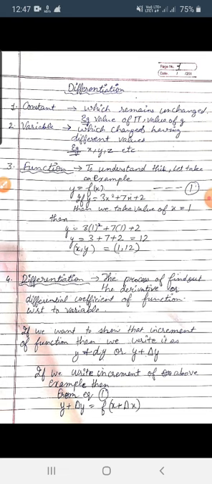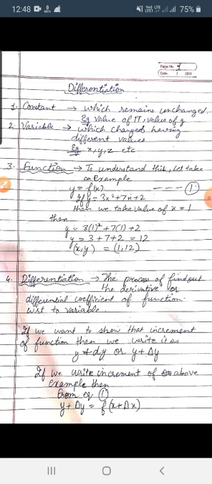Okay. Now the function. To understand this, let's take an example. To understand the functions, let's take the example y is equal to f(x), where f represents the function. Y is a function of x. Then if we put the value of x in y, we find, when x is equal to 1, y is equal to 12. These functions also give us the relationship between the two variables, that is x and y.